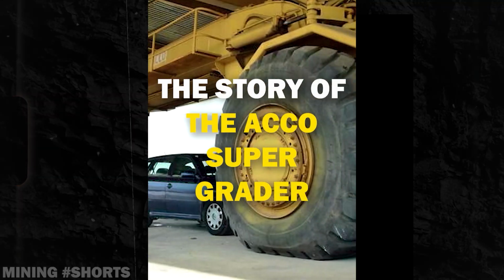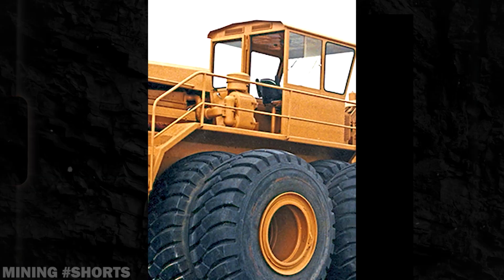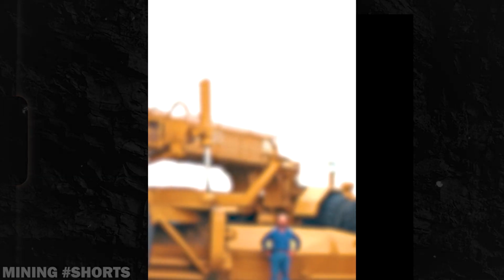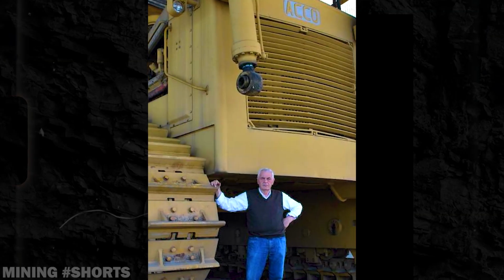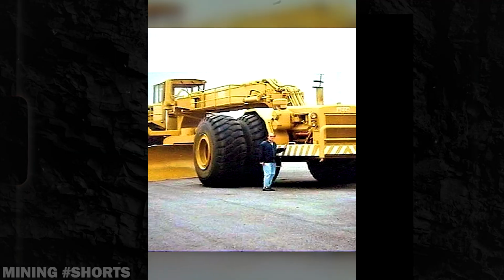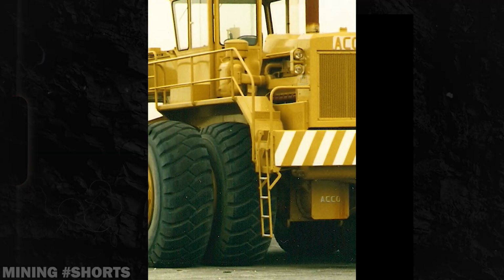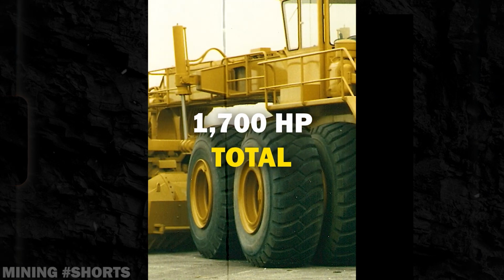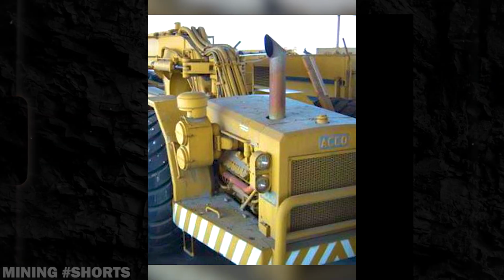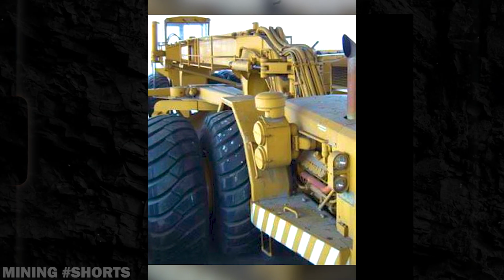This is the story of the biggest motor grader ever built. In 1980, Italian entrepreneur Umberto Eco was commissioned by the Libyan government to build a custom crawler dozer and a gigantic motor grader so both machines could be used for a massive earth-moving project in Colonel Gaddafi's country. The super grader was equipped with a 700 horsepower engine at the front and a 1,000 horsepower rear-end power plant. The machine had an operating weight of 400,000 pounds, or 182 metric tons, making it the largest motor grader ever